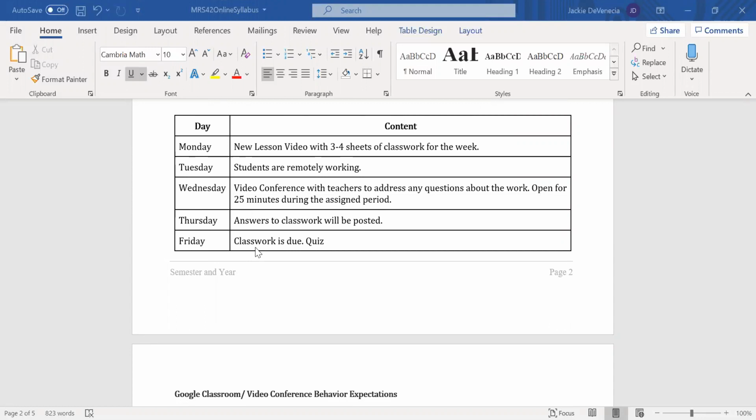So about the classwork, I'm not going to ask for all 3 to 4 sheets to be handed in by this Friday. What I'm going to do is choose a random worksheet number, like let's say worksheet number 1 or worksheet number 4. I'll have you submit that into Google Classroom. So I'm just collecting one sheet out of the 4, and all your quiz questions are going to come directly from the classwork given.